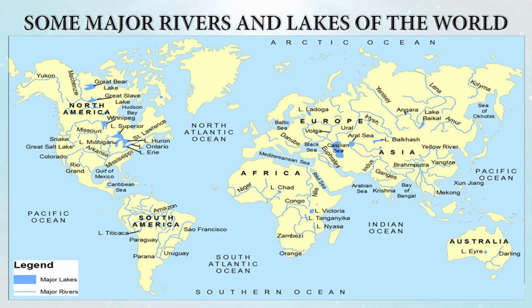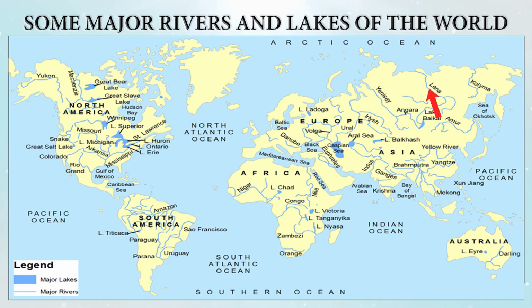So you also see some of the important lakes in this figure, and some of the major rivers of the world, like river Amazon in South America, river Nile in Africa, Congo, Niger, etc. in Africa, and the Missouri-Mississippi river system in USA, and some of the important rivers in Asia also, like river Indus, river Ganges, river Brahmaputra, river Yangtze, and some of the rivers draining into the Arctic Ocean like Ob,